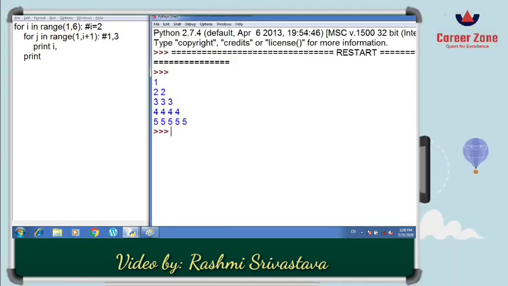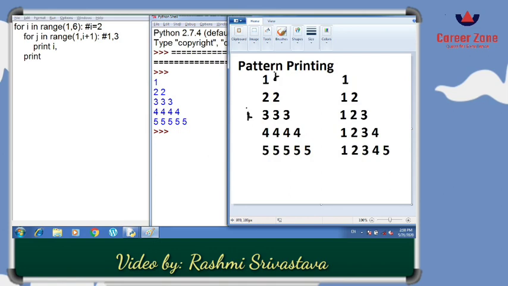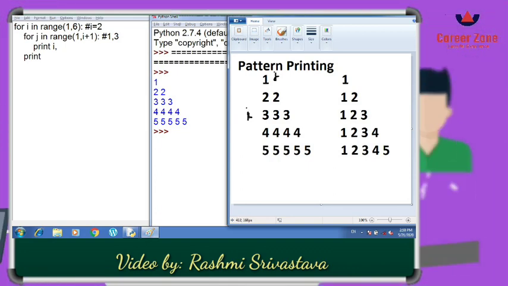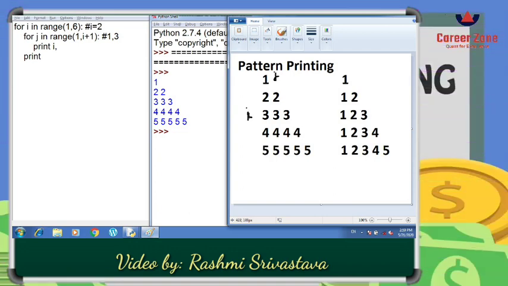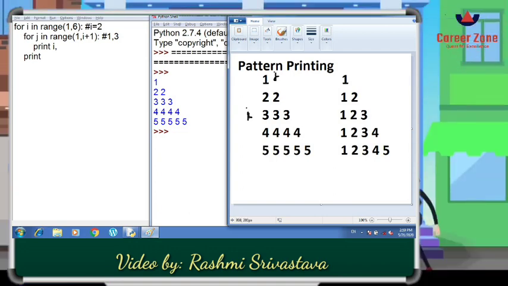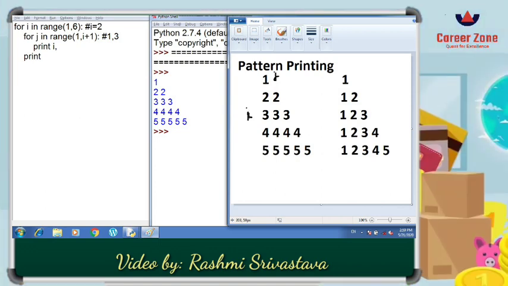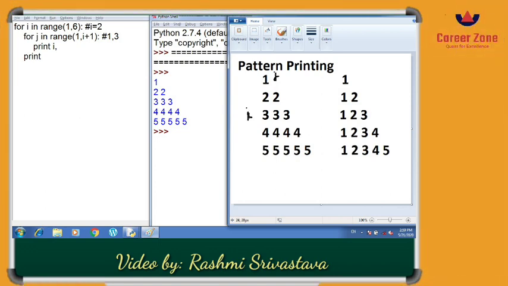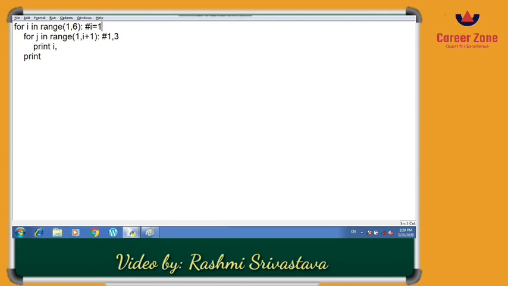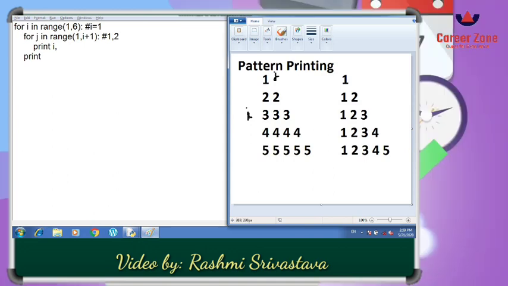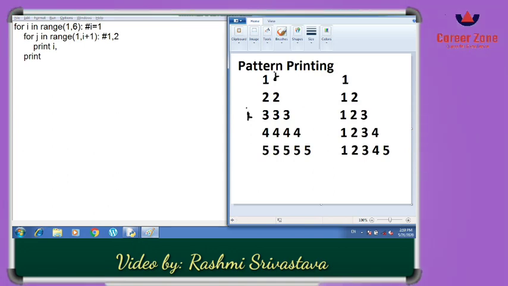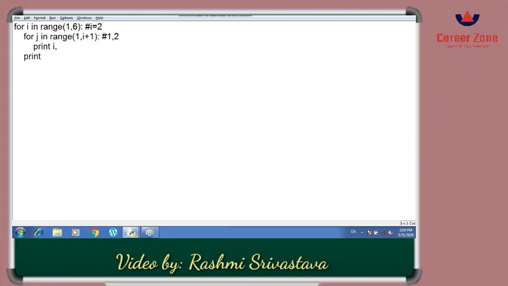Now let us take the example of the second pattern. Here you can see that the number of rows is the same, which is 5, but here the printing values are changing. So can you judge here that the printing value is equal to j every time? First time it is 1, and when the loop goes from 1 comma 2, the value of j got changed, and when you change the value of i to 2, here j will go from 1 to 3. So it will print the values of 1 comma 3.